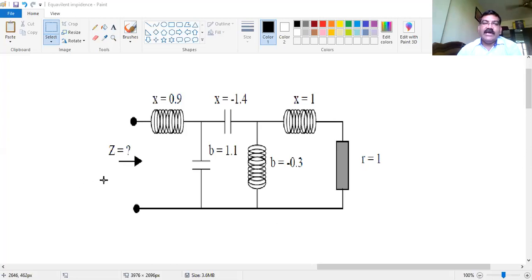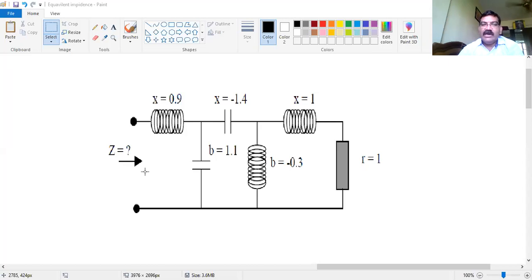So how can we find this equivalent Z by calculation in a minute or one minute? Now, the declaration before proceeding with the Smith chart: whatever values are given here, you have to find the Z on the Smith chart. All the values given are normalized values, meaning they have been divided by Z0. These normalized values are given here and you have to use the normalized values.